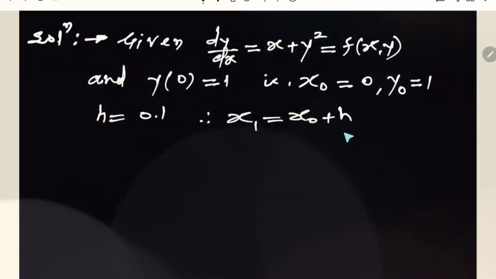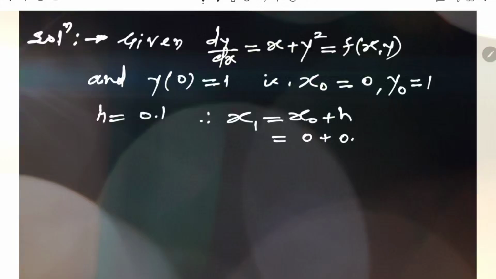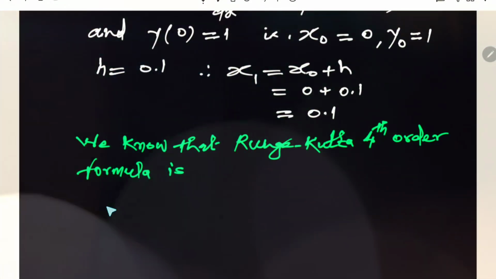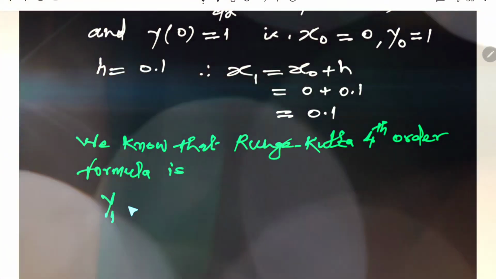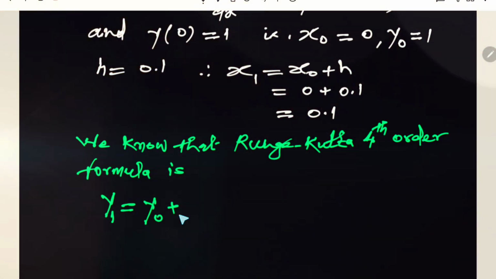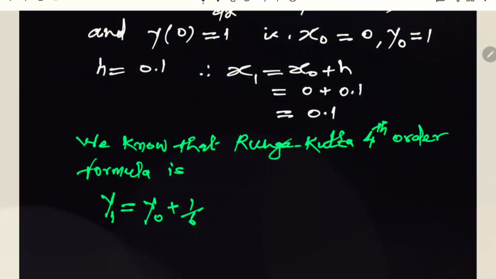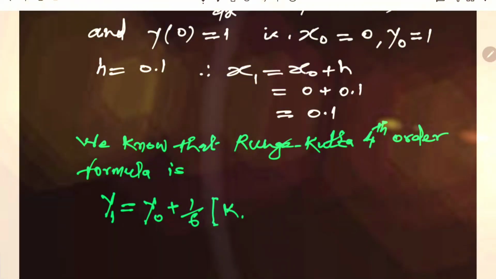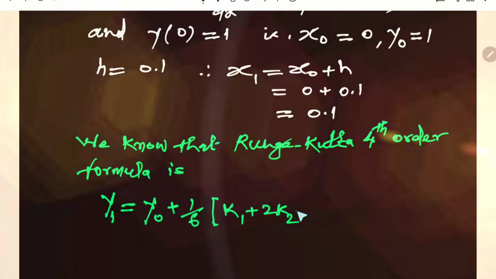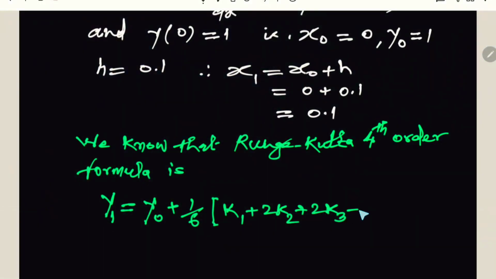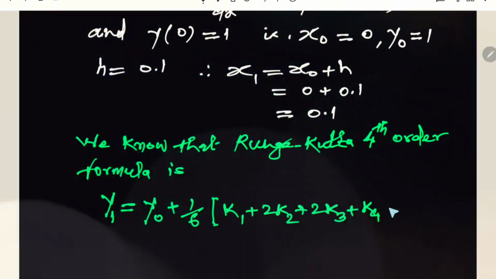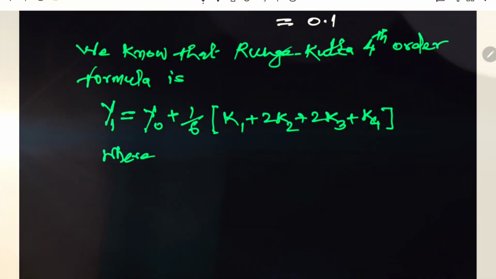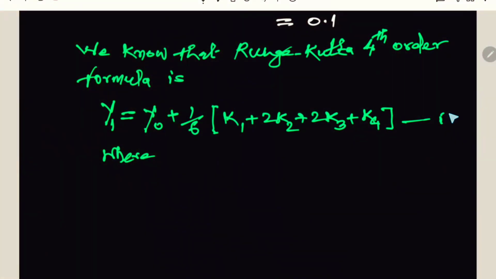Therefore, x1 is x0 plus h, x0 is 0, h is 0.1. We get that value as 0.1. And then the Runge Kutta fourth order formula is y1 is equal to y0 plus 1 by 6 into k1 plus 2k2 plus 2k3 plus k4. That is called the weighted average of all those four values, where the value of k1 is obtained by